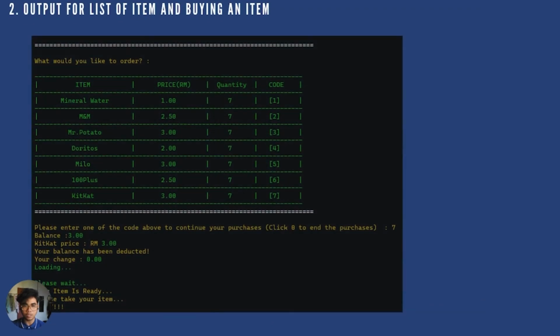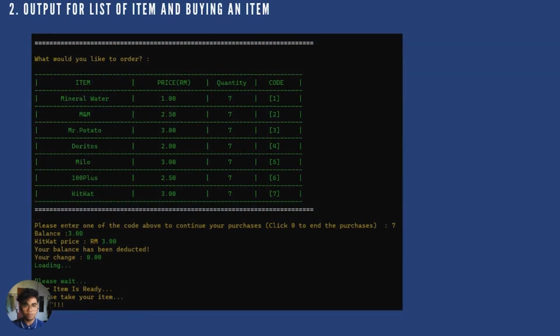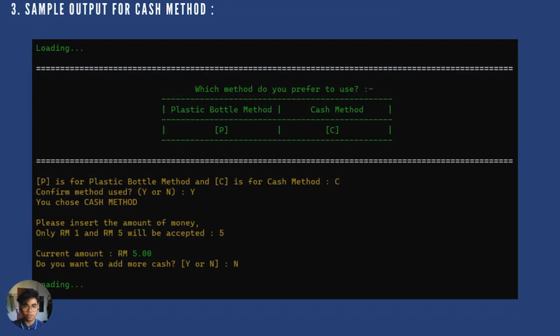After that, this is the list of items that the machine provides. In this table, it shows the item, the price, the quantity, and the code. The user has to insert the code of the item that the user wants to choose, and then it will display the balance, the price, and it will be deducted. It will show you your change, and you can take the item. As for the cash method,